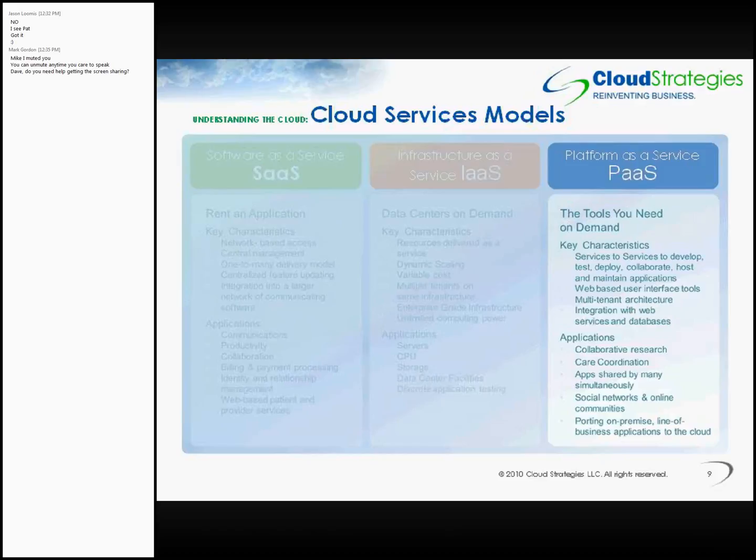And platform as a service, the tools that you need to develop on demand. Really, this is going to enable you to not have the need for the underlying infrastructure that supports an application, and you really can now move to just consuming those custom applications that you have or want